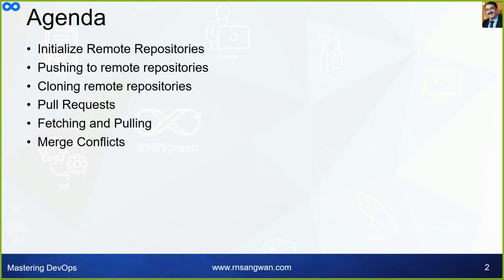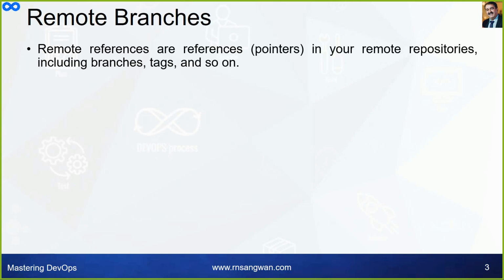In other words, we are going to work with the repositories on a local machine, assuming that our data we need to push on a remote master, remote repository. That is the assumption, and based on that we are going to understand how it is going to work for us. And the fork. Remote branches.